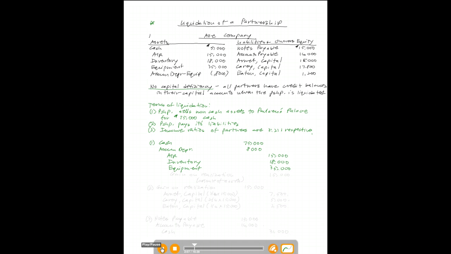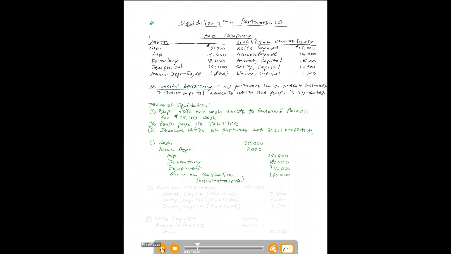You have a gain of $15,000, and we'll just call that gain on realization. It could also be called gain on sale of assets. Maybe I'll put that in here. Important thing is that you recognize some sort of a gain. Okay, now the second journal entry is that we need to allocate this gain to the partners,